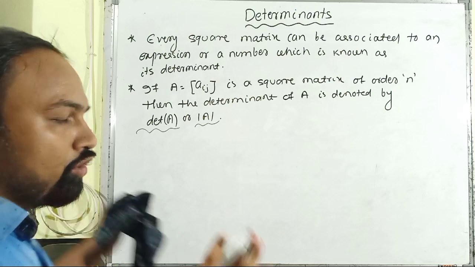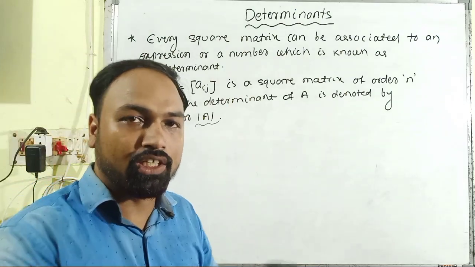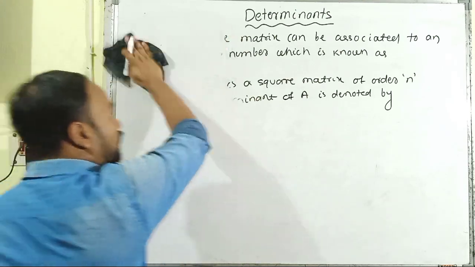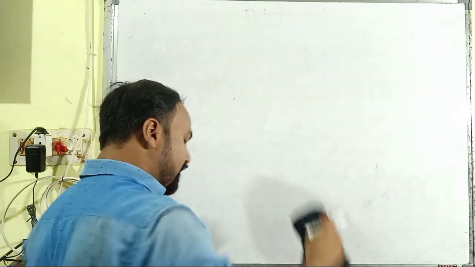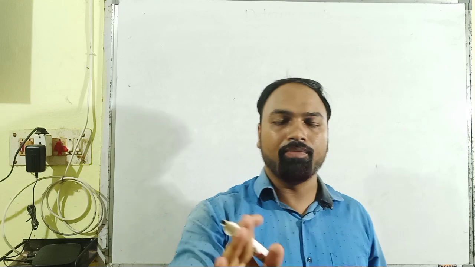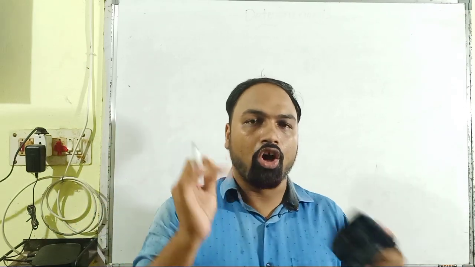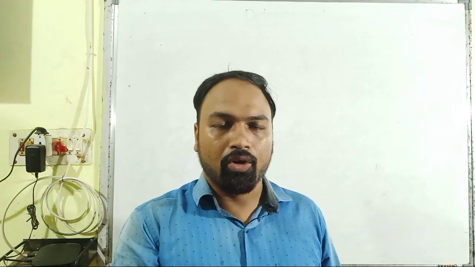Then let us go through some of the fundamental parts of determinants, how we can convert a matrix into a determinant. So first of all, there is a condition. We can find the determinant of a matrix only if it is a square matrix. If it is not a square matrix, then we cannot find its determinant. It is the mandatory condition. You can say that the determinant is obtained only for square matrices.